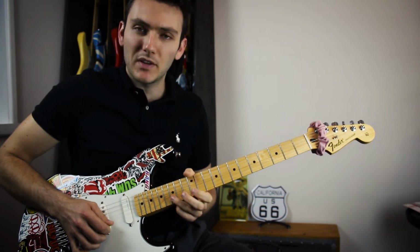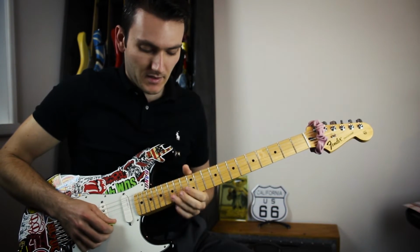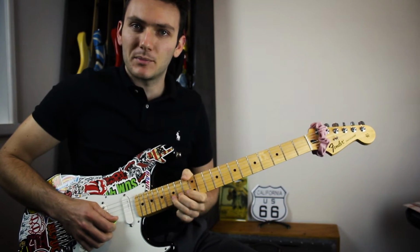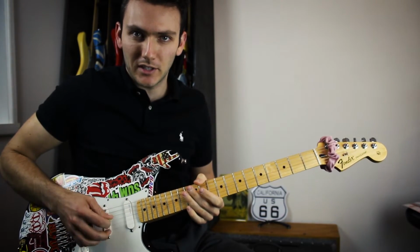hammer on to the 15th fret of the B, upstroke on the 12th fret of the high E string, then bending up the 15th fret on the B string to an E note. So altogether slowly, that first little lick should be